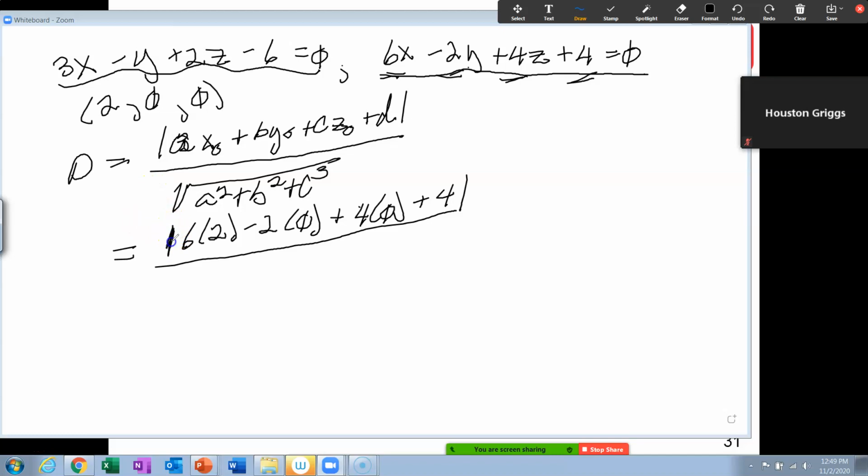It looks like a 16. It's not a 16. That's absolute value. So pick the direction numbers here, 6, -2, 4, and the D here, 4, and then multiply that by the point not on this plane, which is our 2, 0, 0. So it gives you 6 times 2 minus 2 times 0 plus 4 times 0 plus 4, and then divide that by this, which would be the square root of